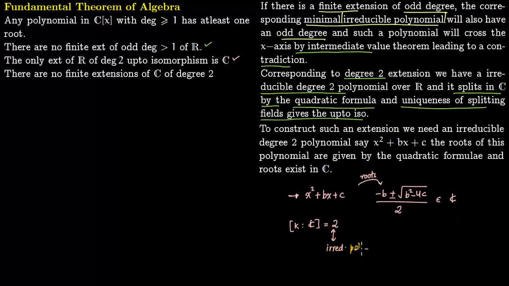So, an irreducible polynomial of degree 2. Say the irreducible polynomial is this, same as here, and the roots of this polynomial are again given by the quadratic formula right here. So if the coefficients of this polynomial, that is b and c, are in complex numbers, then this will also lie in